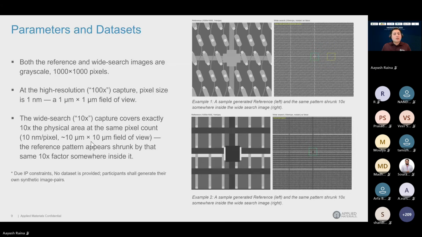Now, coming to the data set itself, this data is prohibited for many customers who are creating chips, memory or logic. So we can't publish real images which we work on, or which customers share with us, or which are present on the tool.